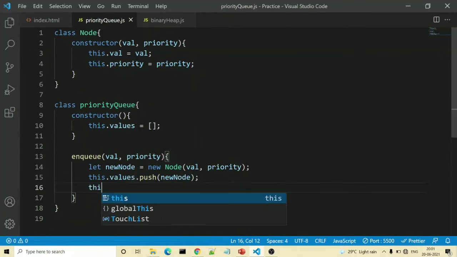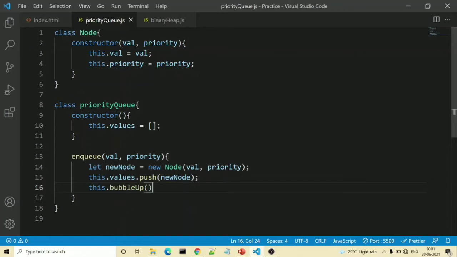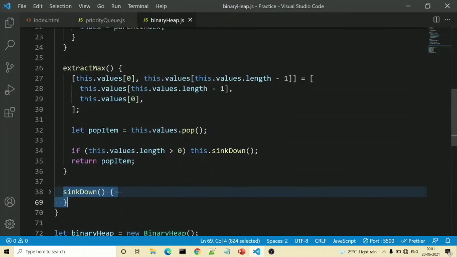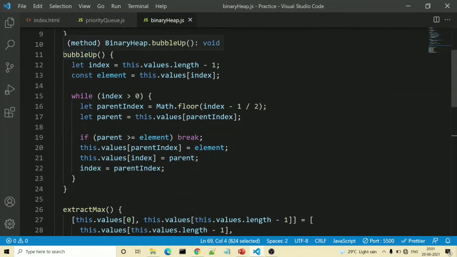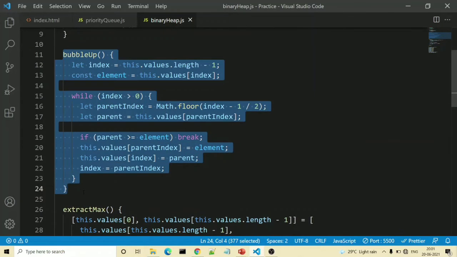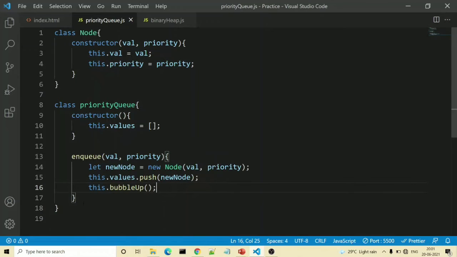For that, we will call the method this.bubbleUp. To save your time, I will copy the bubbleUp method from our binary heap. So here we have the method called bubbleUp. We will copy it with Control C, and here we will paste it.